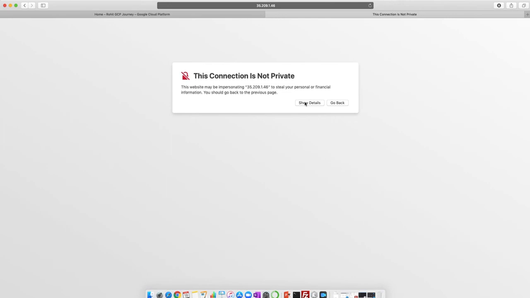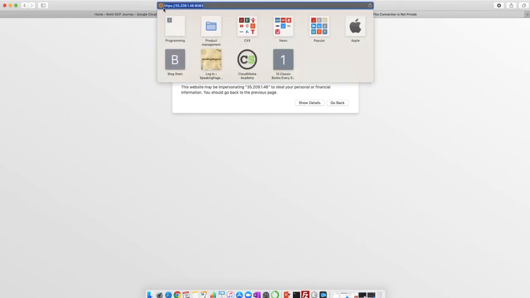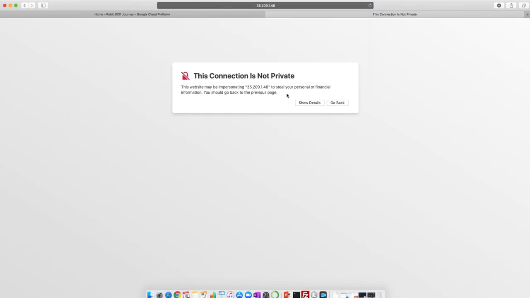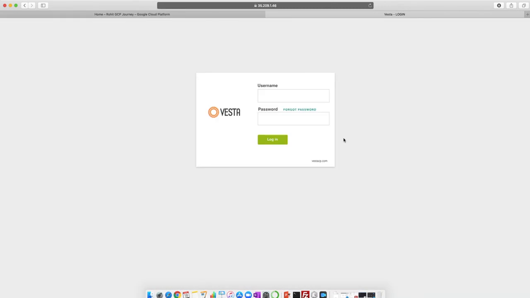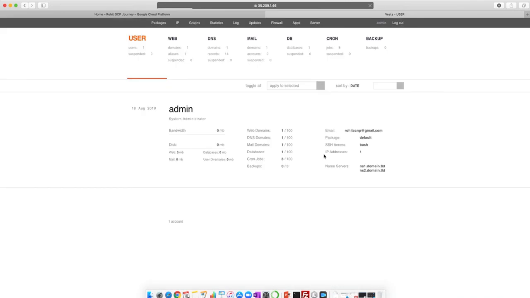Yeah, so you will see this message because it is actually HTTPS traffic that is getting initiated. Since there is no certificate installed, you will see this notice. So just ignore it, click on visit this site, because we know that it is safe. Give the username as admin, paste the password that you had copied earlier. Bingo, you are logged in